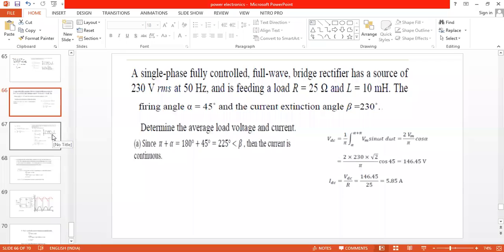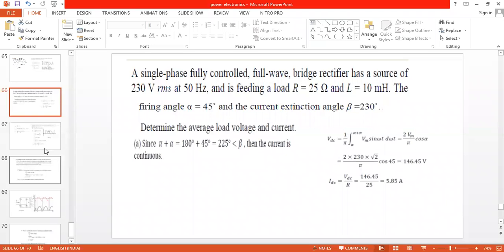Okay. So why has it improved? Why is it 2 Vm by pi without the freely wheeling diode, and why has it become Vm by pi into 1 plus cos alpha with the freely wheeling diode? The simple answer is, when the freely wheeling diode is present, it will never transfer the energy from the load to the source. Energy released by the inductor will flow through the freely wheeling diode and through the motor and come back to the inductor. This point you have to write in the examination. When the freely wheeling diode is present, energy from the inductor will never be transferred back to the source. It freewheels through the loop of inductor, motor, diode, and back to the inductor. Okay, that is what we are supposed to do.